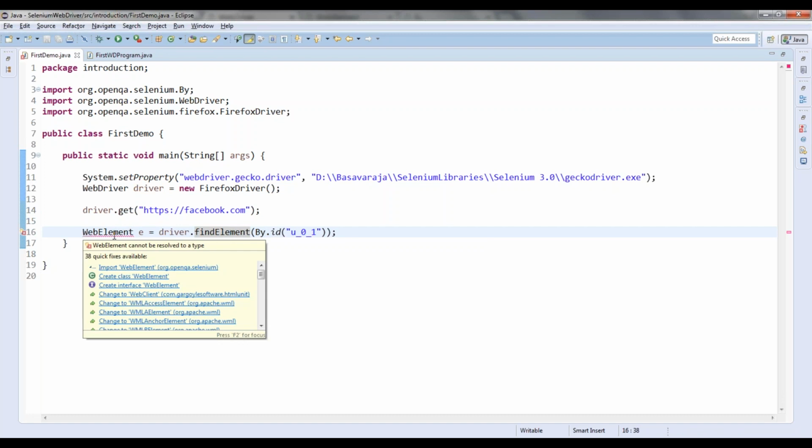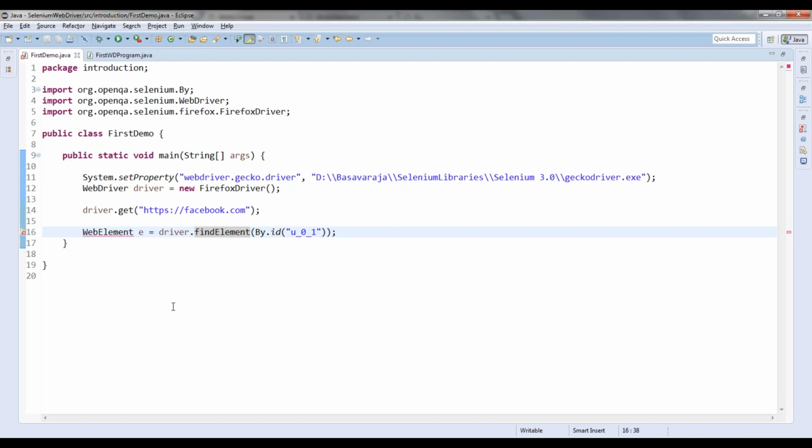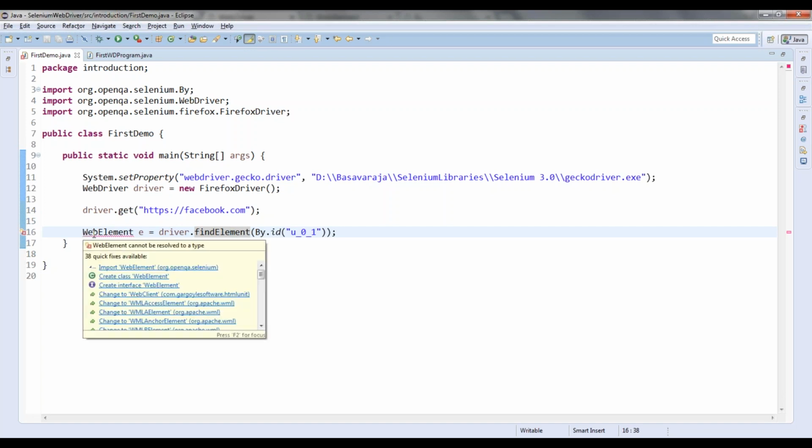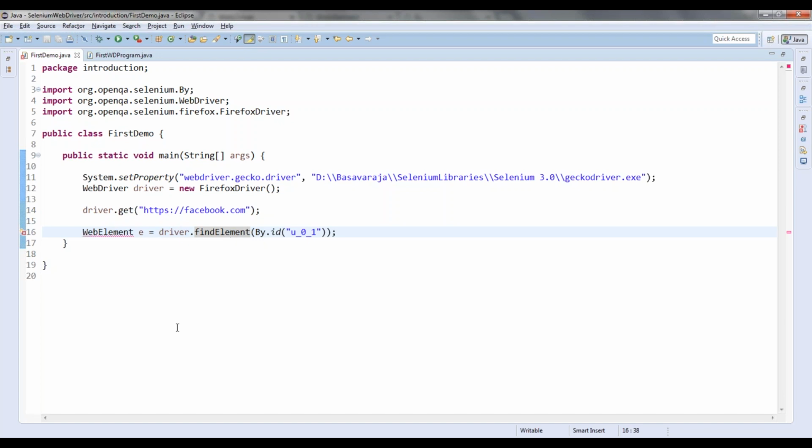So if any method is returning a value of some data type, if it is returning integer, then I will be storing that in integer. If it is returning string, I will be storing that in a string. And if it is returning any class reference, it can also return class reference, right? That we have already discussed. Any method can return the reference. It will be returning the object, correct?